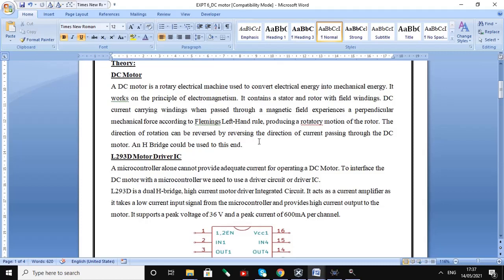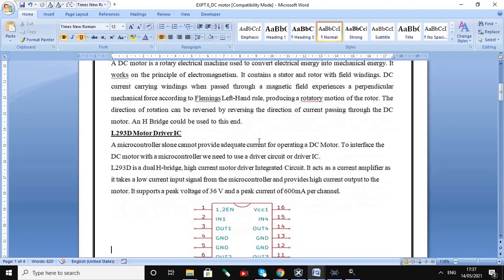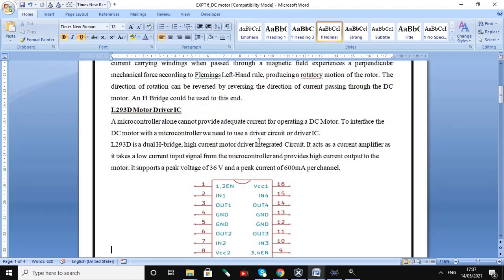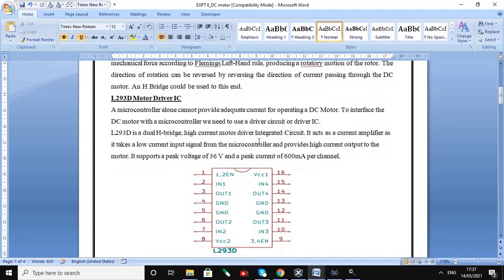L293D is a dual H-bridge high current motor driver integrated circuit. It acts as a current amplifier, as it takes a low current input signal from the microcontroller and provides a high current output to the motor. It supports a peak voltage of 36 volt and a peak current of 600 milliampere. This is the pinout diagram of the L293D